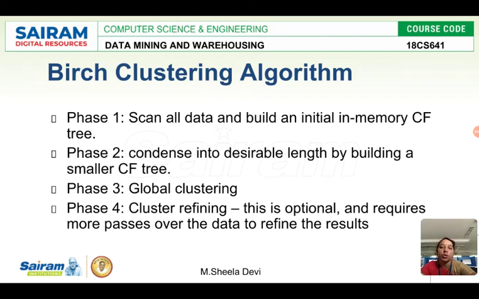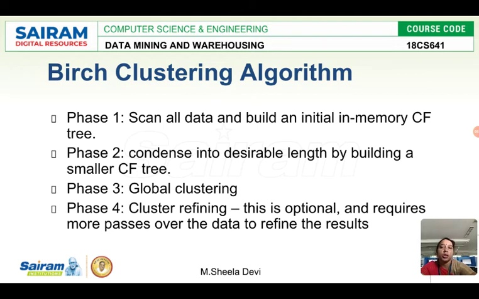If you want, you can go with that. So the cluster refining checks and validates the goodness of the cluster, and whichever cluster is required is taken, and whichever cluster is not required will be removed. So this is all about the Birch. The Birch algorithm helps us to reduce the data items and do the clustering efficiently with the minimum time and the maximum efficiency. That is the use of the Birch clustering algorithm.